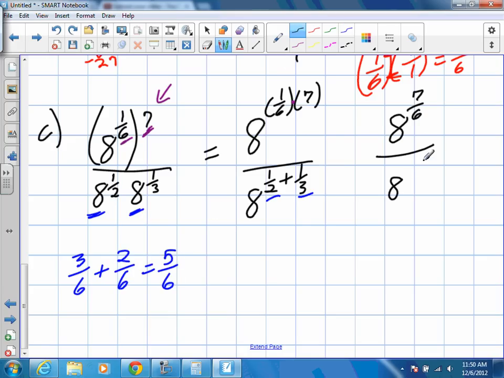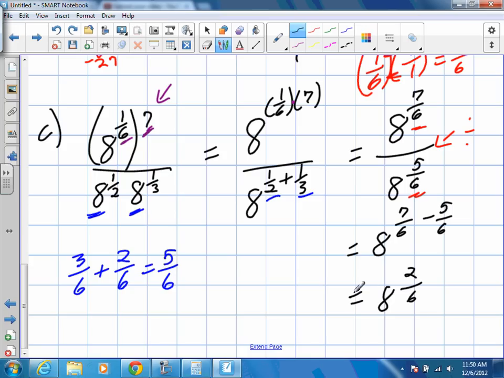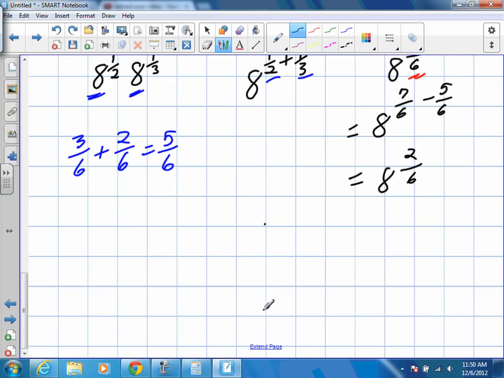But we're not done. Because this is a division, we're going to subtract our two exponents. So we're left with just one base. Base 8, and it's going to become 7 over 6 minus 5 over 6. So 8 to the power of 2 over 6. Can you make that 8 to the power of 1/3? Yep. So we're going to reduce that fraction to make it even easier. When we reduce that fraction, it becomes 8 to the power of 1/3, which means we're just looking for